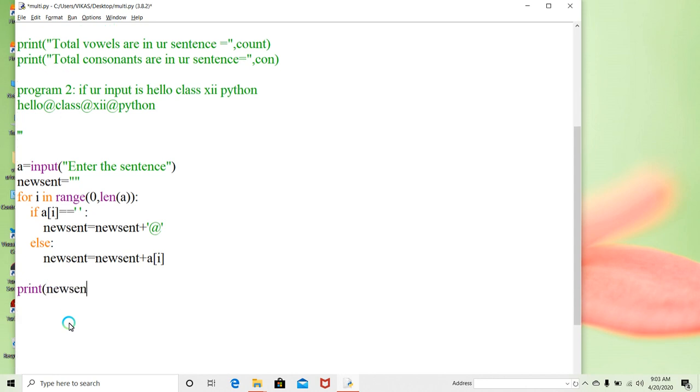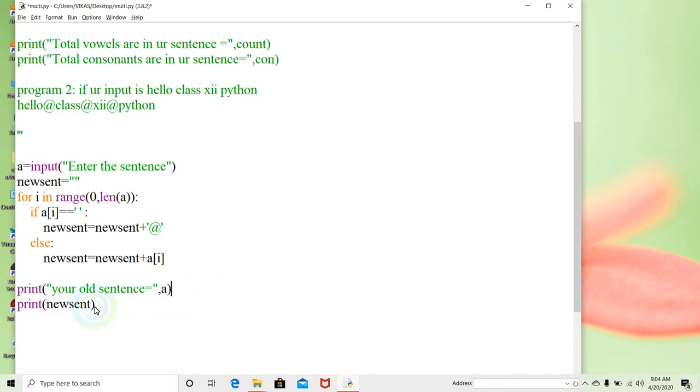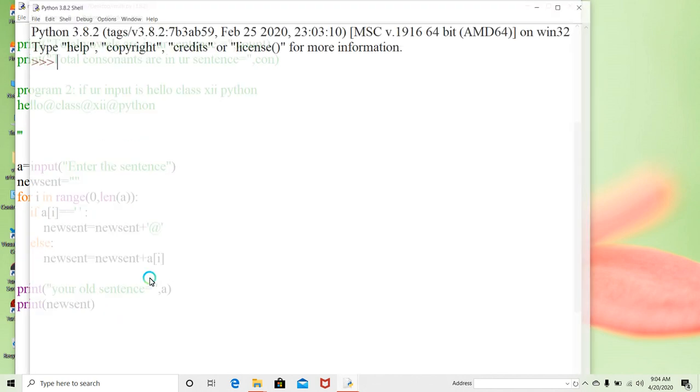Then we have to display: print new sentence. And before that I will print your old sentence is equal to, comma, a, and here new sentence. Run it.